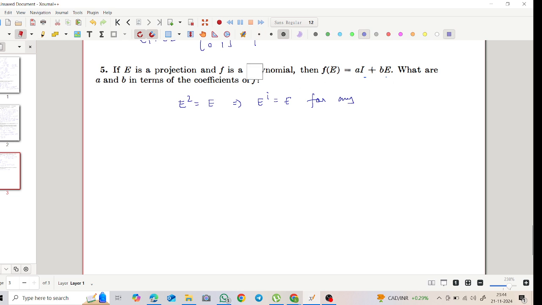Okay, so let F(x) equal summation a_i x to the power i from 0 to n. So what is F(E)? F(E) is summation